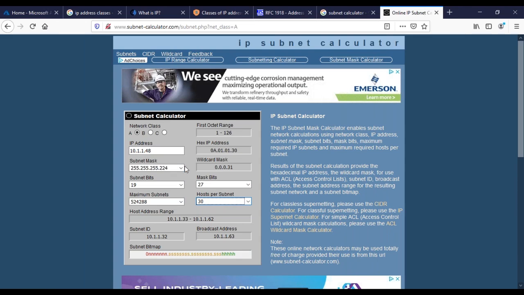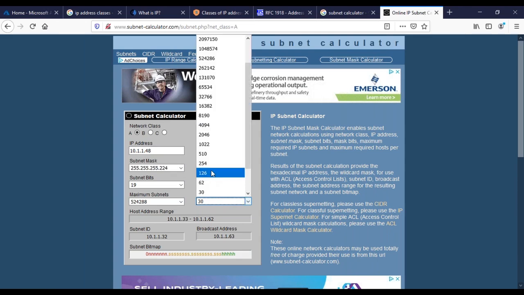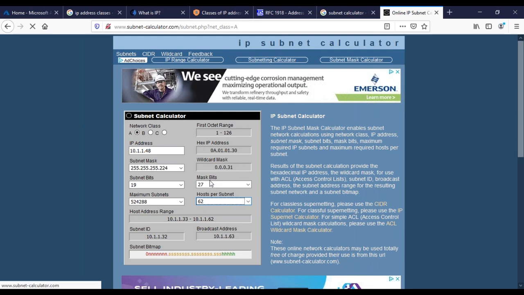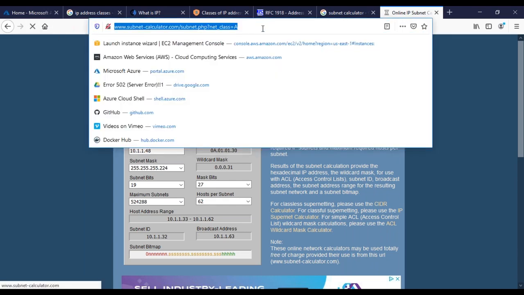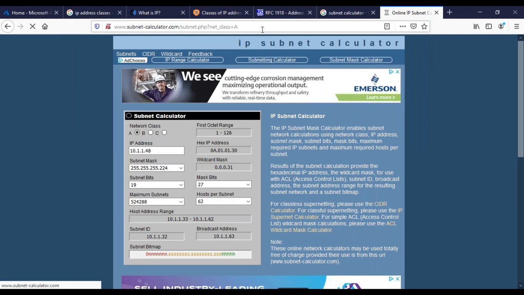So in this case, I'm not able to get 60 out of this one, guys. I want 62 IP addresses, but I can't get it. It is not basically allowing me to do that. Let me do one thing. Let me refresh it.